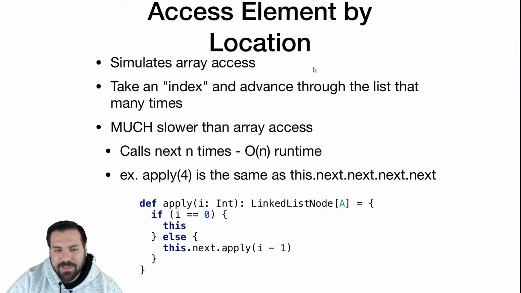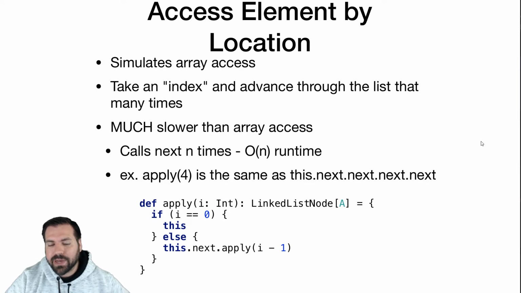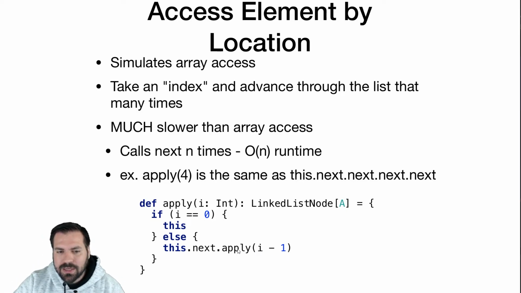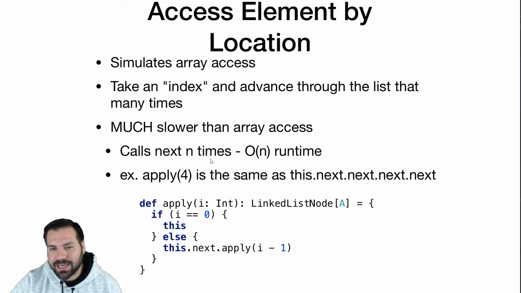So accessing an element by location, we have the location of an element, and we want to retrieve that element from the list. This is commonly the .apply method, or what a lot of you have been doing this semester is removing the apply and just doing the element in parentheses. For ours, we're going to use the apply method for our linked list node and say .apply of some number, give me the value at that position, or if this were an array, that would be the index. Give me the value at this index. But it's not index here because we have a linked list.